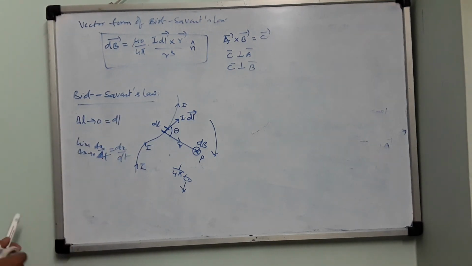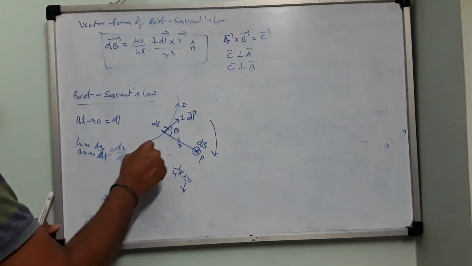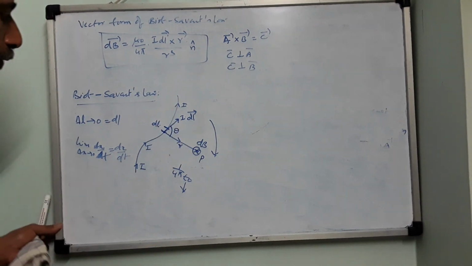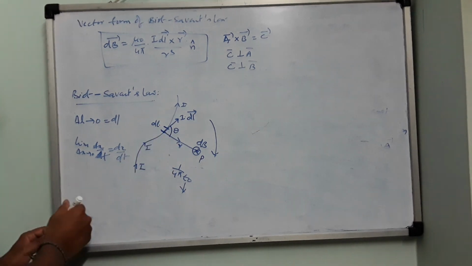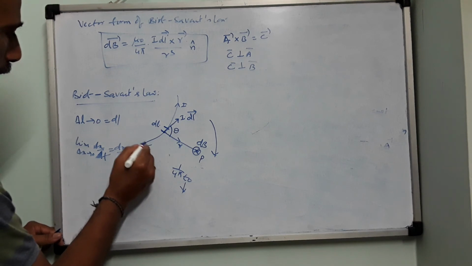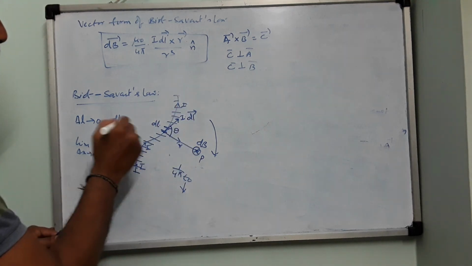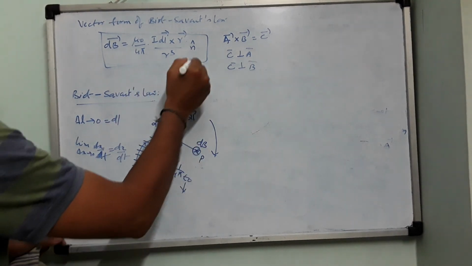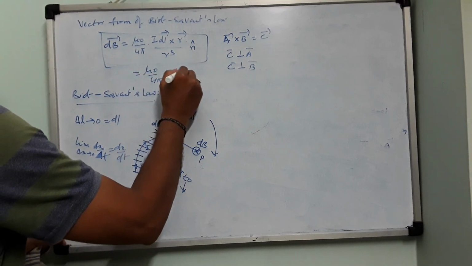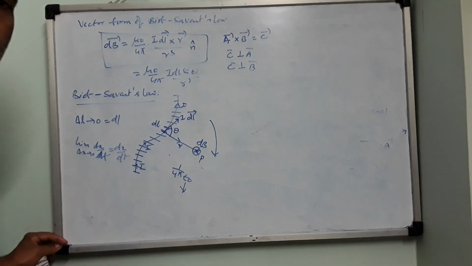Okay. Right. But sir, you have the conductor from here to there and you have made the calculation for only this element. What about these elements? Don't they produce magnetic field? They will produce magnetic field. Then what do you do? Divide this entire conductor into identical elements like dl, like this. So each element will produce a magnetic field of this much. How much? Mu naught by 4 pi into IDL sin theta by r square.